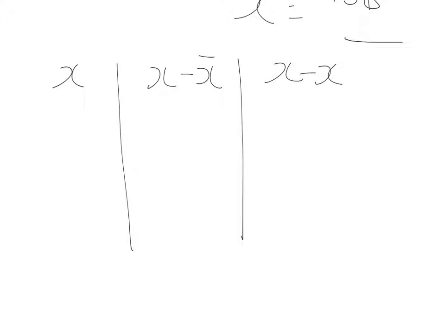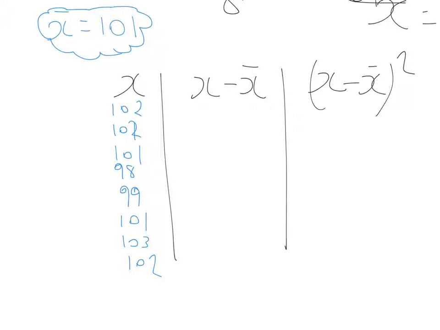the 3 columns. So x, x minus x bar, and x minus x bar squared. So x is all the numbers in the sample. So there's all the numbers in the sample. x minus x bar. So for each one now,